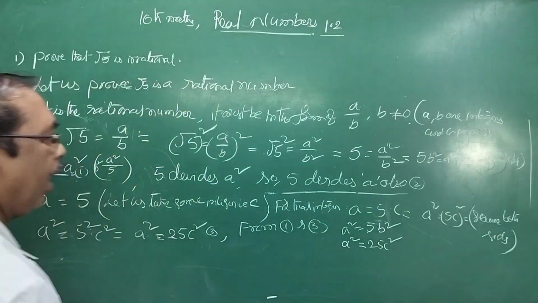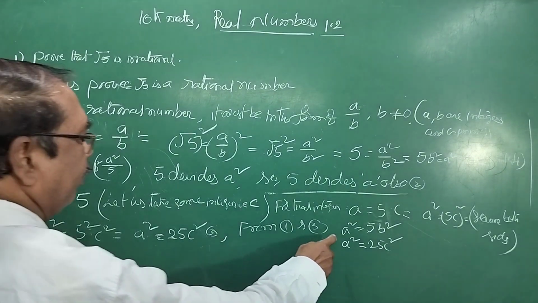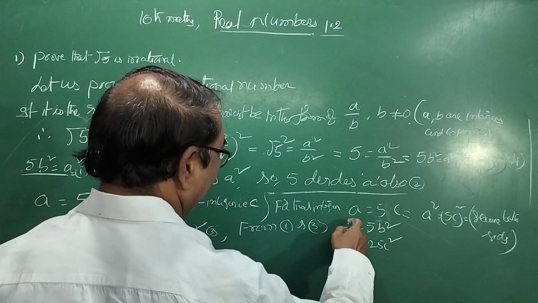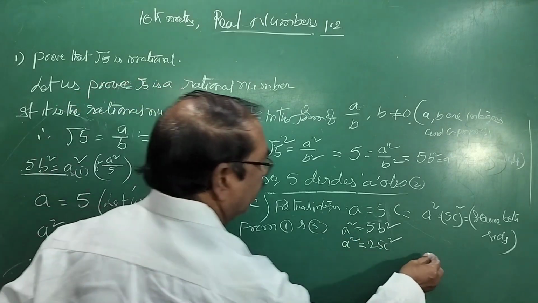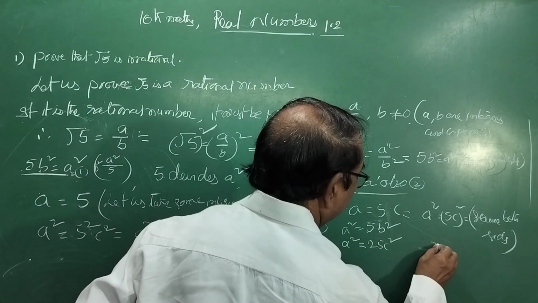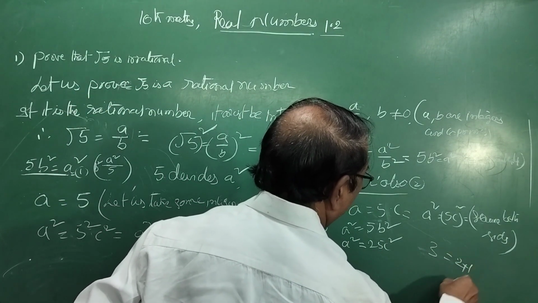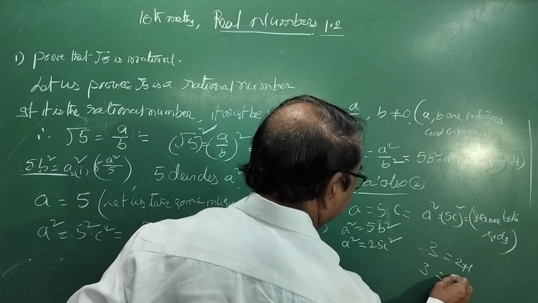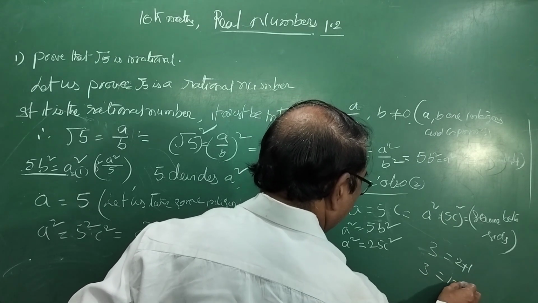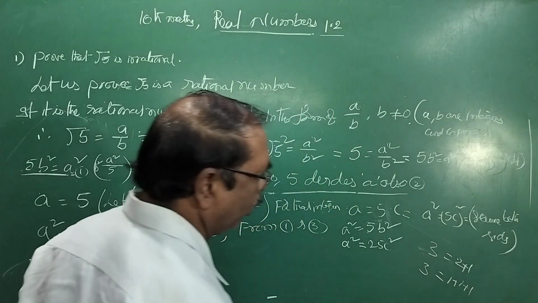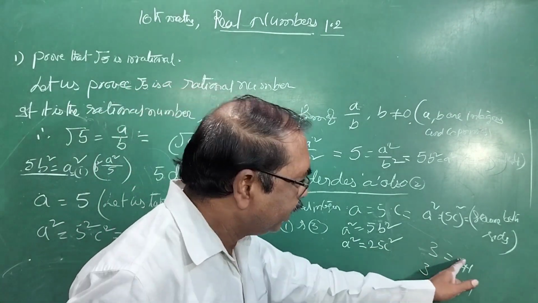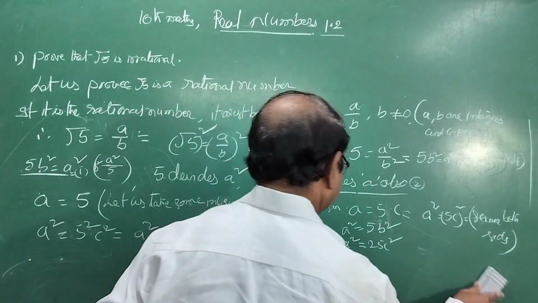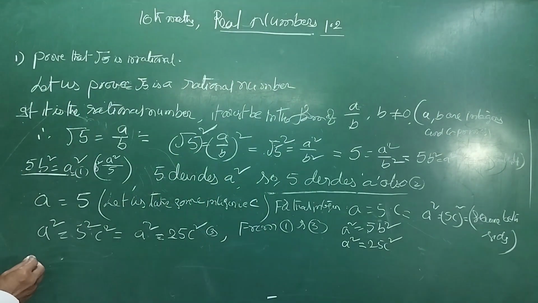Now, a square in place of both are one and the same. These are one and the same means these are also one and the same. Suppose 3 is equal to 2 plus 1 and 3 is equal to 1 plus 1 plus 1. These two are equal means these two are also equal. Yes. So let us write